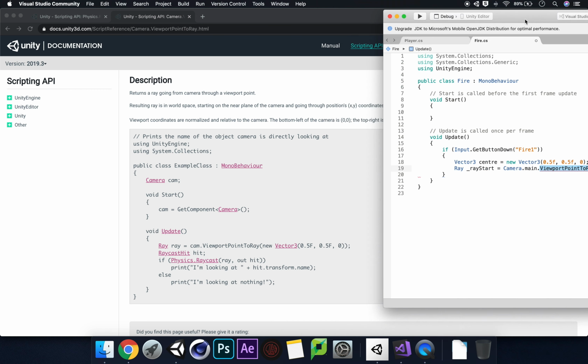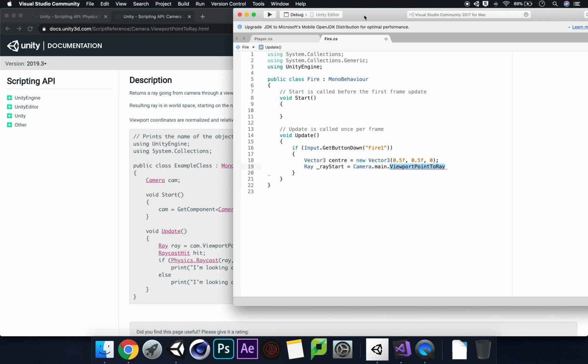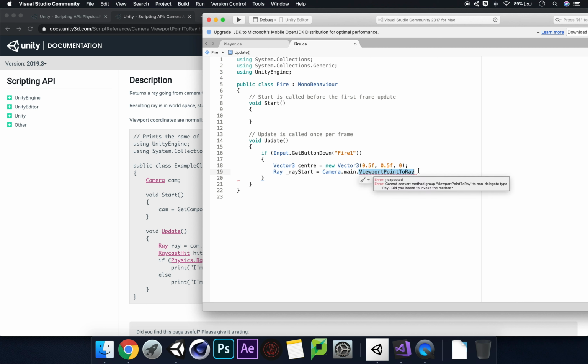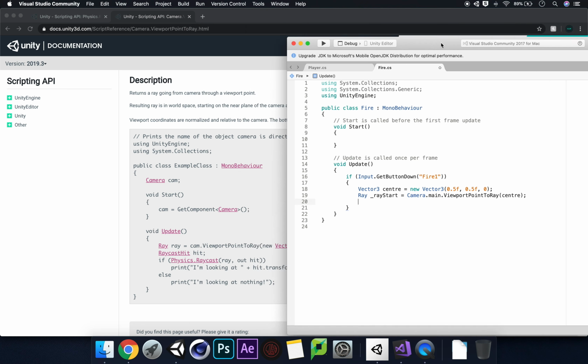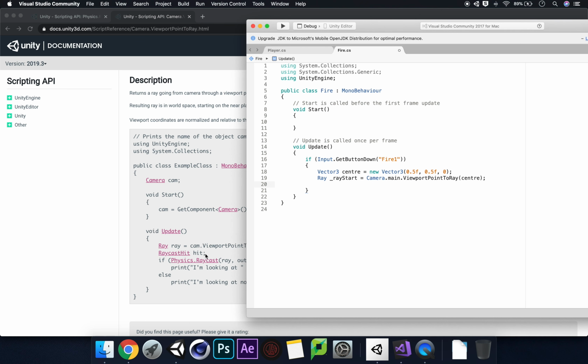What have we then got to say? Oh, okay, so it's just the center. So I can then just go brackets, should be just bracket center. Get rid of that V. Center, close that. Then we can say the information, which is raycast hit. They've called that hit, and so if we say raycast hit is just hit,